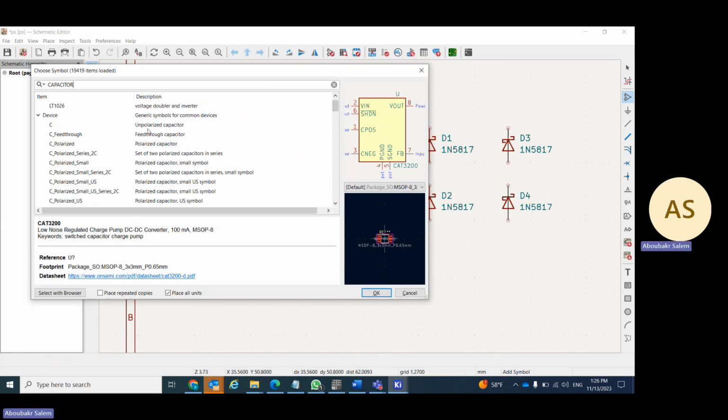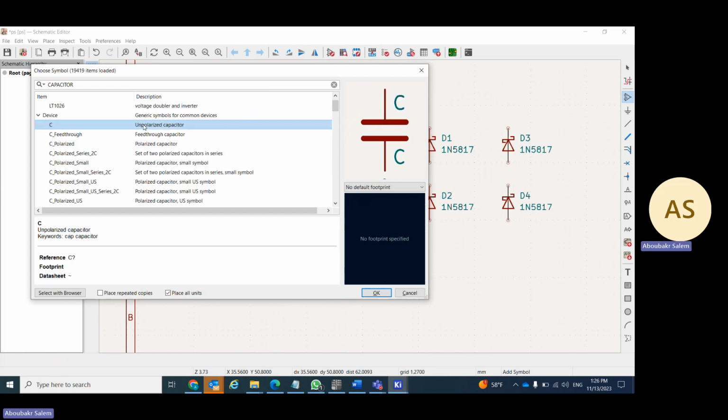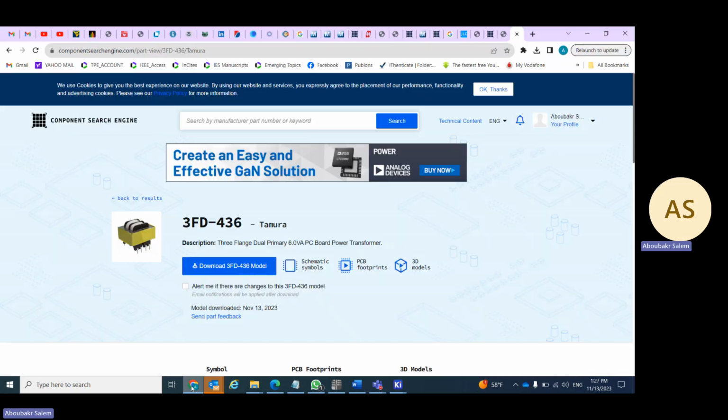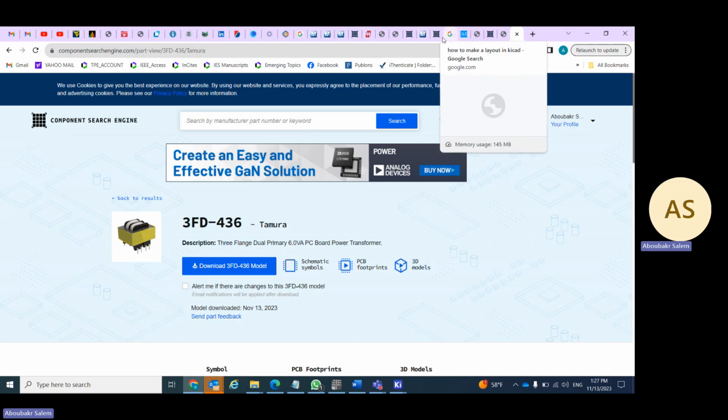So we have a generic unpolarized capacitor here, okay? But it has no footprint. So we need to select a footprint later for this capacitor, for instance. If you would like to get it again from the library, by the same way, you can look for it from the library. Let me go and find that with you very quickly. So again, on Mouser,